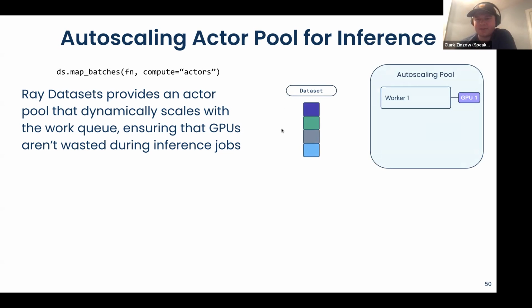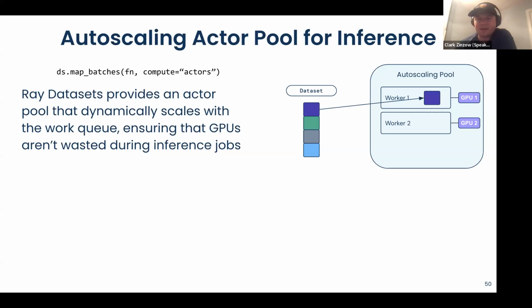We want to start with an auto-scaling actor pool of 1 worker, and scale up this actor pool based on the size of the work queue. We've got 1 worker available, so we send it to the worker, and that worker is going to take that block and churn through the batches in that block, and then store the inference results.